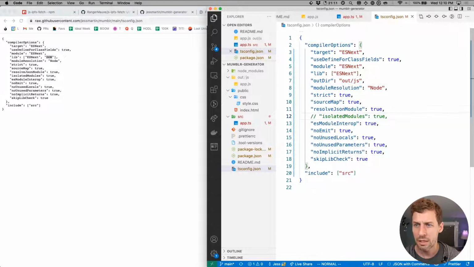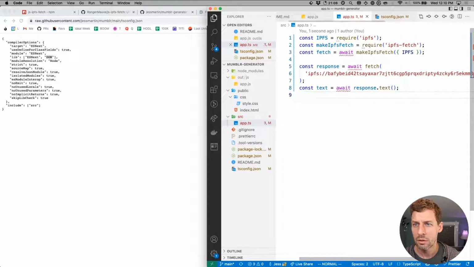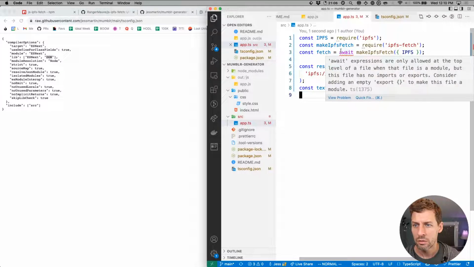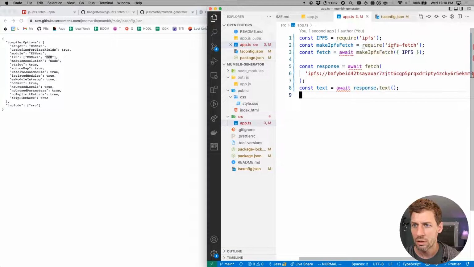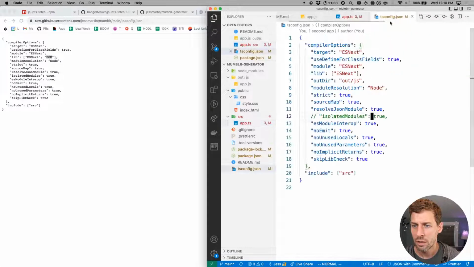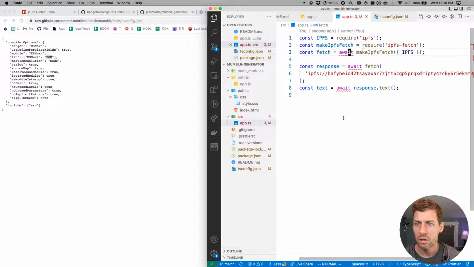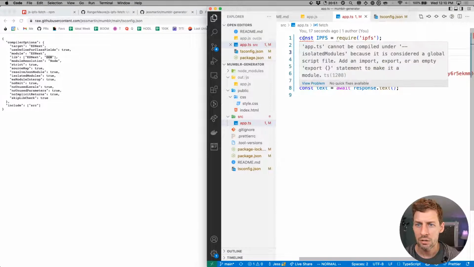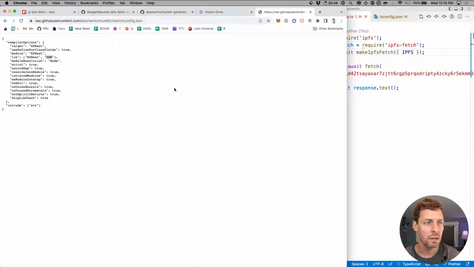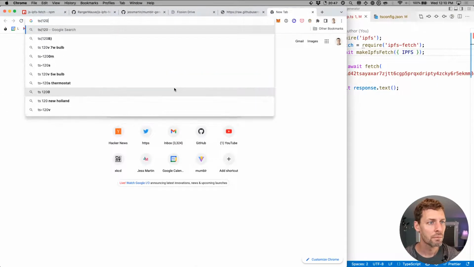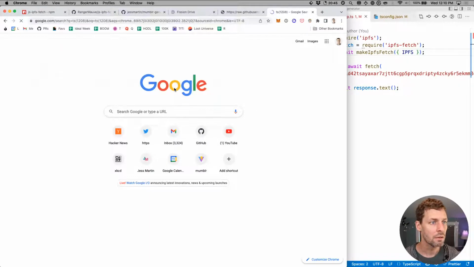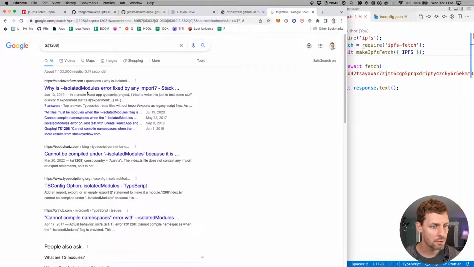Let's see, comment that out. There we go. Still won't let me do top level awaits. Module resolution is node. Well, let me see what the other recommendation here is, and then we may have to go search this TS1208. I swear, man, most of my time with TypeScript so far, the frustrations have been fighting the compiler,